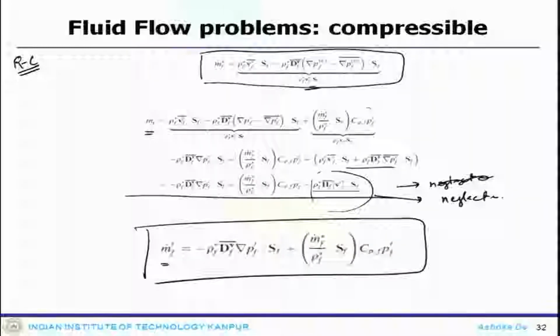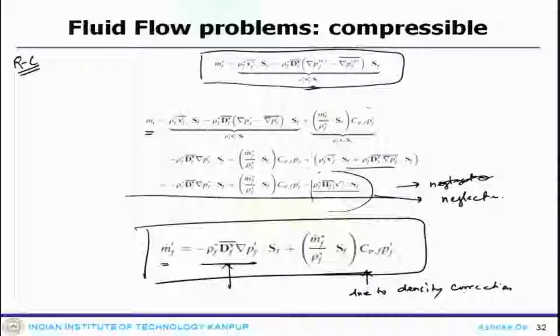The first term here is similar to what arises in the incompressible case. If you look at the first term, this is exactly the kind of term that you have seen in the incompressible case, and the second term is due to density correction. Since it is a compressible case, the density corrections do appear in the system. In the compressible system, the second term is quite important because it transforms the pressure correction equation into an elliptical system, and in another format as well.